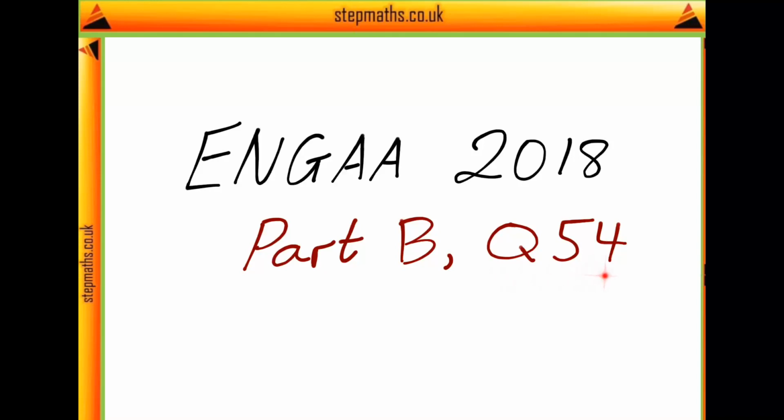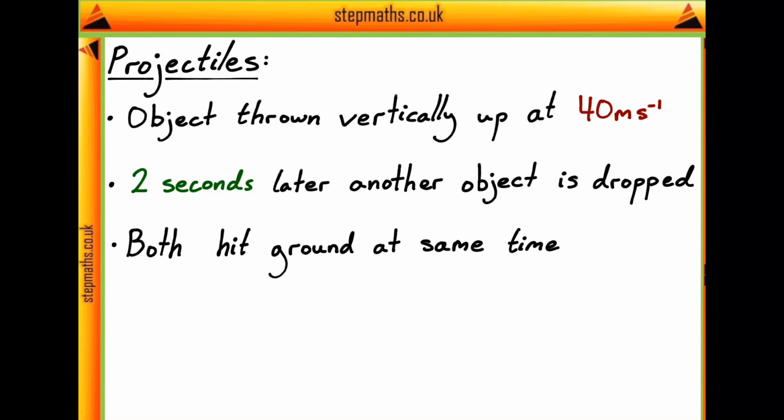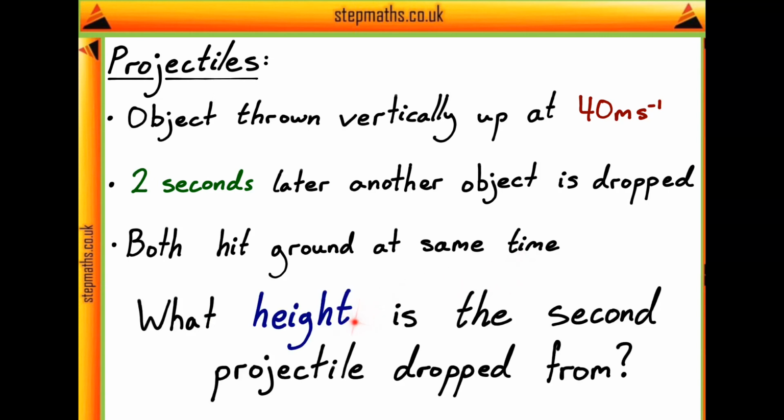Here we're going to look at question 54 from the ENGAA 2018 paper. In this question, we're told we have an object which is thrown vertically upwards at a speed of 40 meters per second. We're then told that 2 seconds later another object is dropped from a height. Both objects then hit the ground at the same time, and the question asks us at what height is the